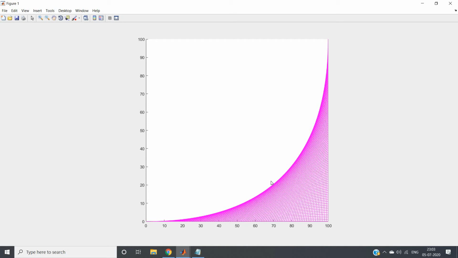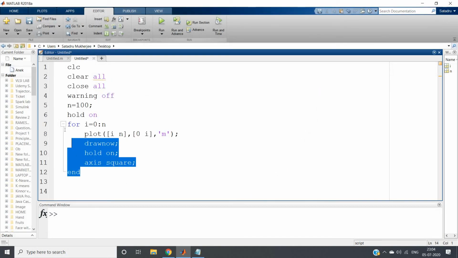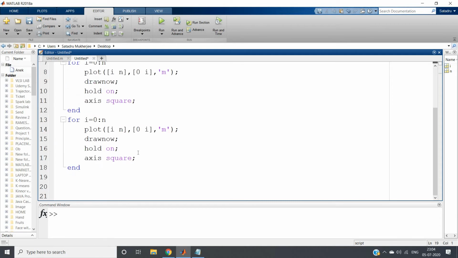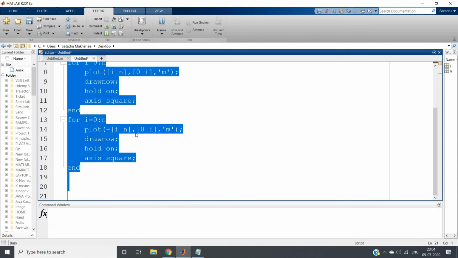Now let us extend the same concept a bit more and try to complete the whole figure. If we want to make the complete circle, we can take the reflection of the same figure with respect to the y-axis to get the left-hand side. Taking reflection with respect to the y-axis is quite simple. I just need to change the x coordinate: instead of x, I am using minus x. That's all. Now let us check.